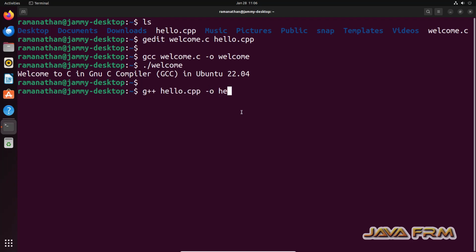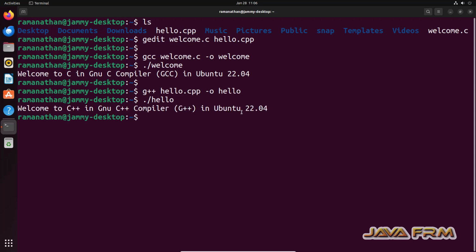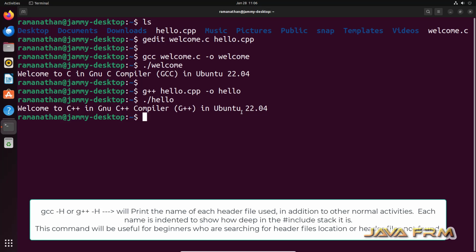Now I am compiling the C++ program. Yes, let me run the output file. Yes, it is successful. So this is the way we need to compile and run the C and C++ program